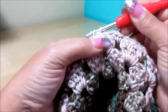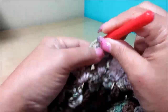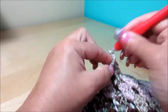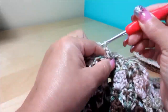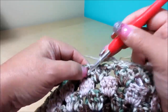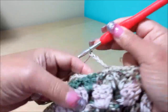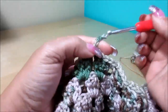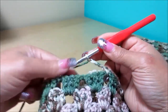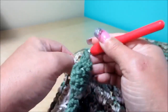And the next one. One, 2, 3, and 4. And the next one. 1, 2, 3, and 4. And the next one. 1, 2, 3, 4. And the next one, and only have one left. 1, 2, 3, 4. And is this one here, that is the corner of this one in the back, and